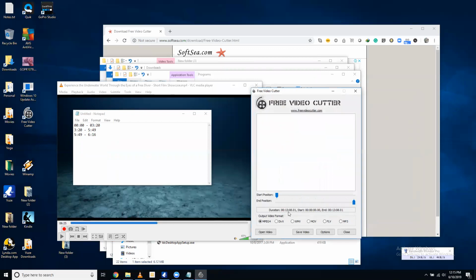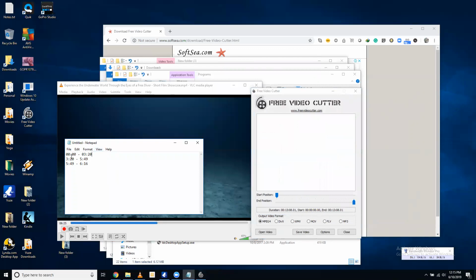Now it's already read the video information. You can see over here it says duration 13 minutes total, start at this, end at this. Now what I need to do is, in the notepad, as I had done earlier, I've put in the segments. So I want the first video to be between 00 to 320. So I'm going to use the start position, leave it at 00, because that's where we're going to start. And my end position moves to